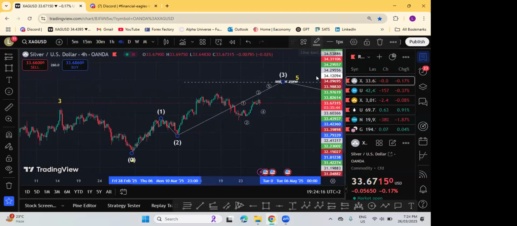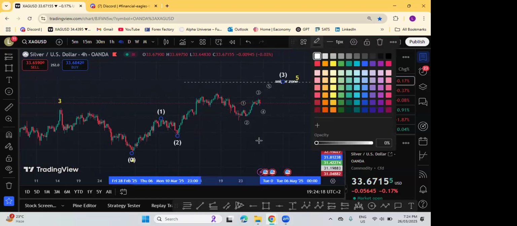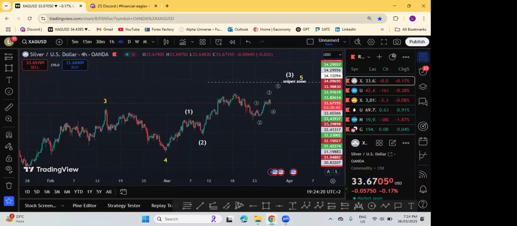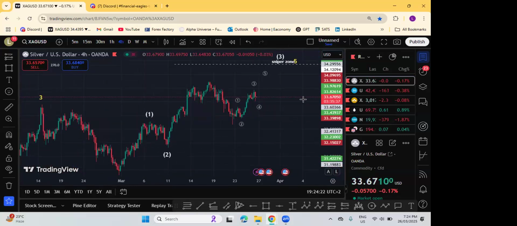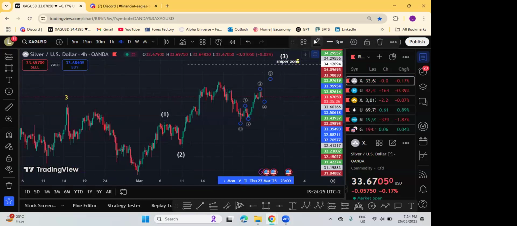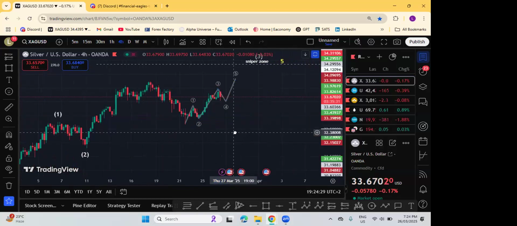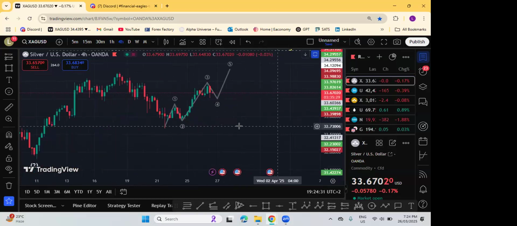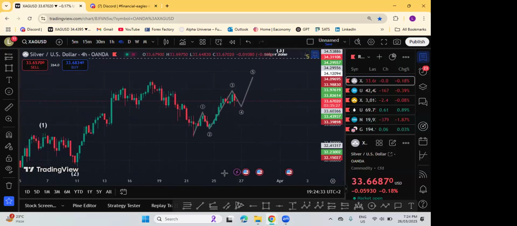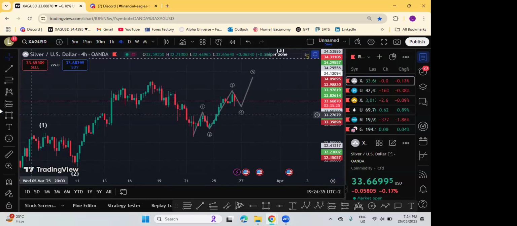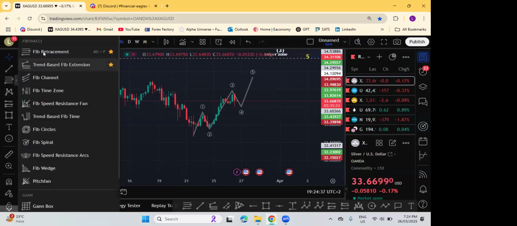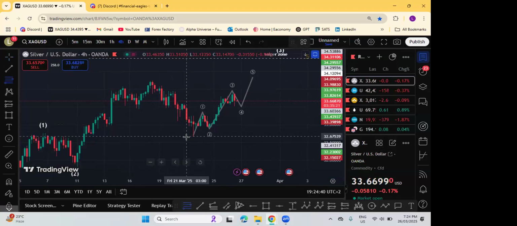But as you can see as well, inside each wave, there are sub waves of Elliott wave. So mainly this is on the daily to 4 hours. Okay, if I want to measure the Elliott wave, I'll be choosing the Fibonacci first to see how much